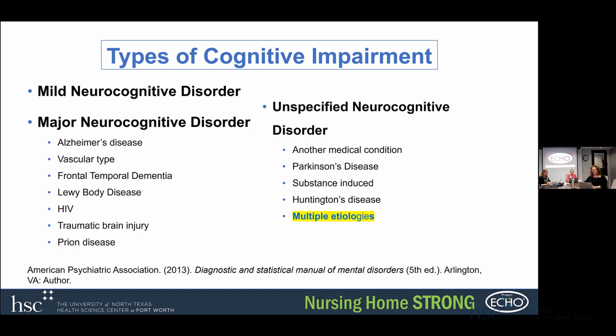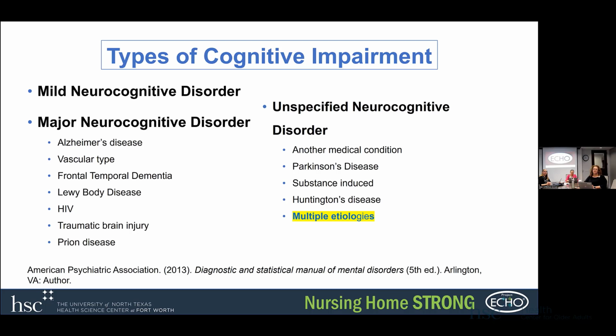Prion diseases are kind of... we don't think about these very often, unfortunately, but they can happen. And usually we see a more rapid progression of dementia with the prion diseases. And then for unspecified, there might be another medical condition that is causing the memory problems, such as Parkinson's or